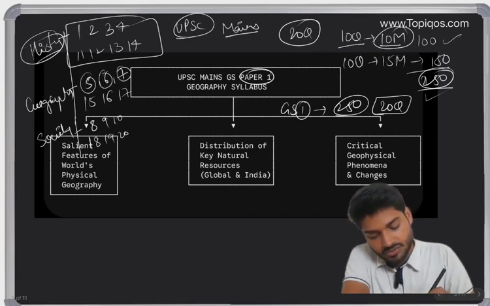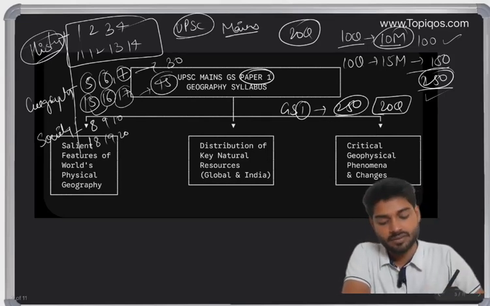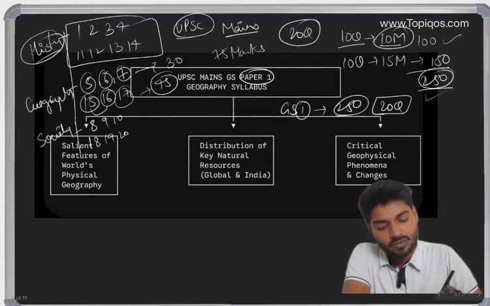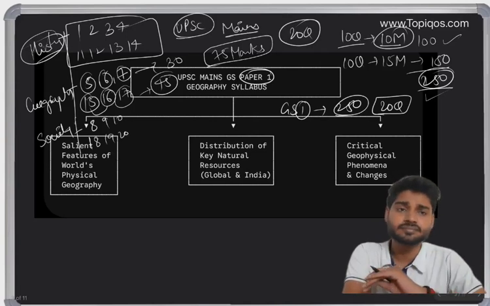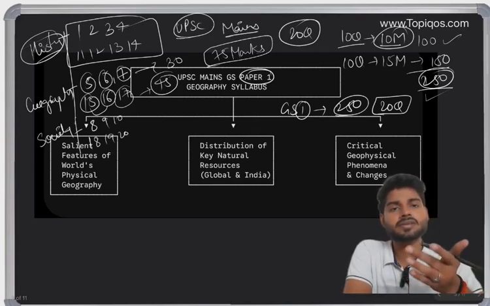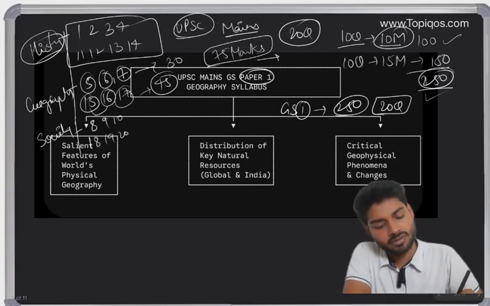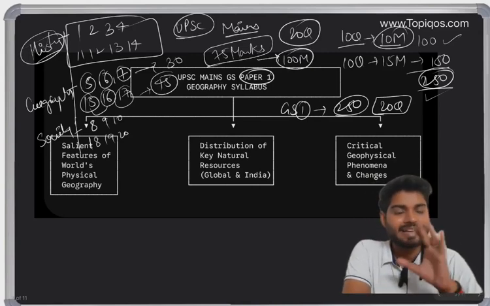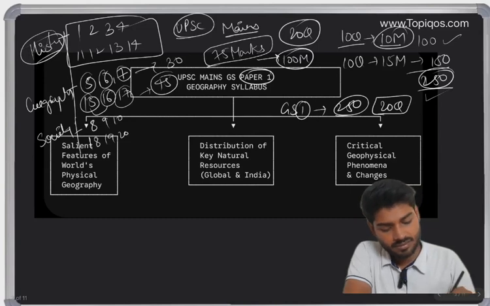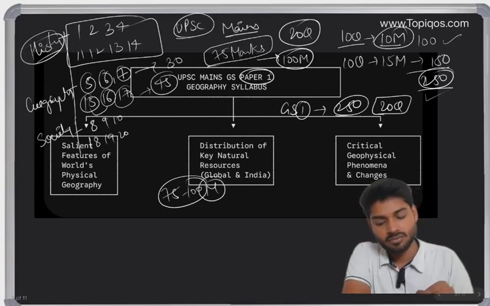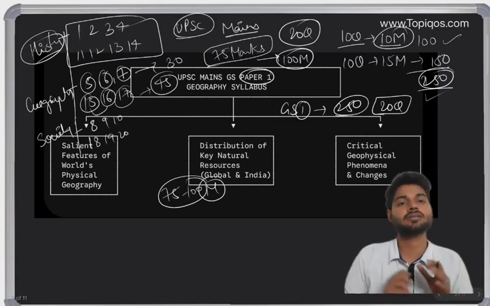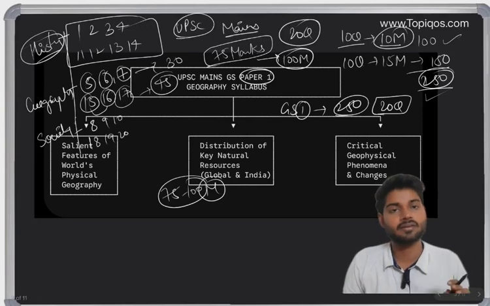If each 10 marker is 30 marks here, and we have 15 marks, 30, 45, plus 30, that is 75. So basically around 75 marks come from the geography part. If one or two questions increase or decrease, say two questions of 15 marks, or one of 10 marks, then it goes to 100 marks. It has been seen in the trend, so I can say for geography in mains, 75 to 100 marks it constitutes. So we have seen the pattern of questions and the weightage this geography subject carries. Now we'll see